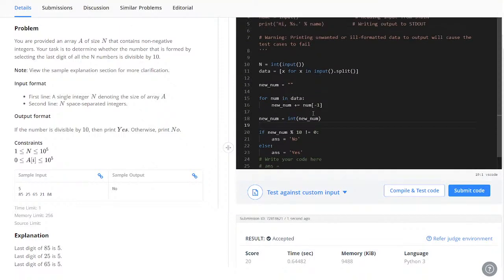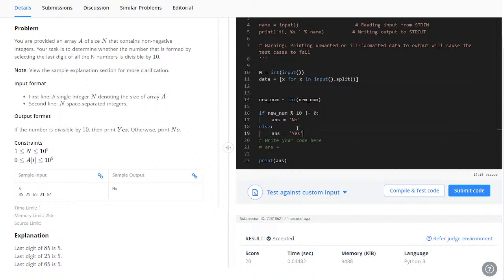Now instead of looping through each of the elements, we will have an array. Instead of string, we can take an integer array. So now every element is stored in an array. Here we will check the last element, so data of -1. We can use negative indexing for the last element. If data of -1 mod 10 is equal to 0, it means the last element is completely divisible,